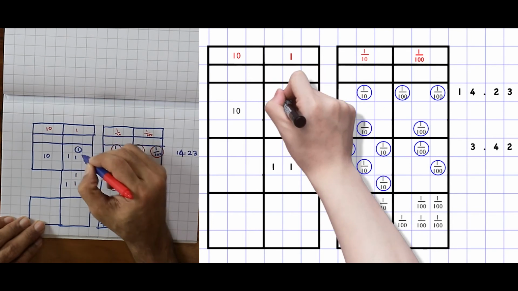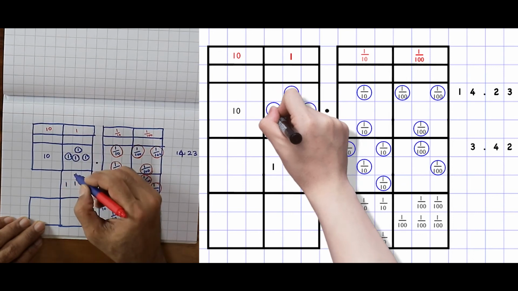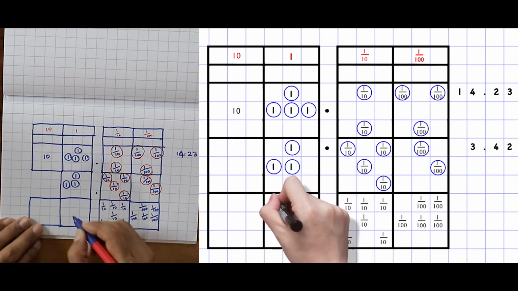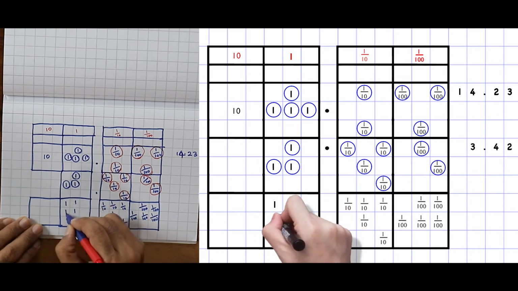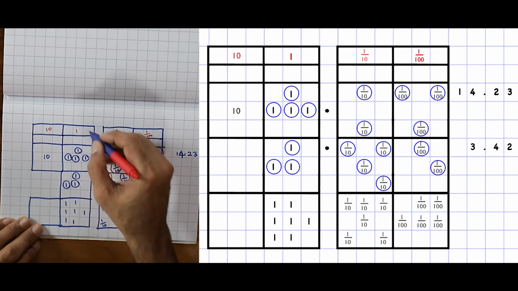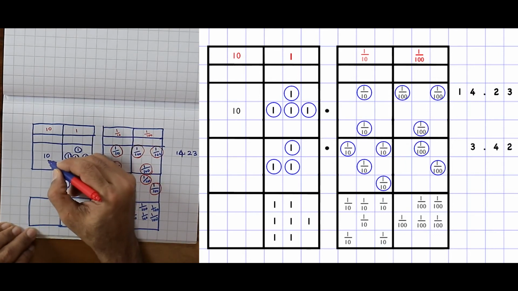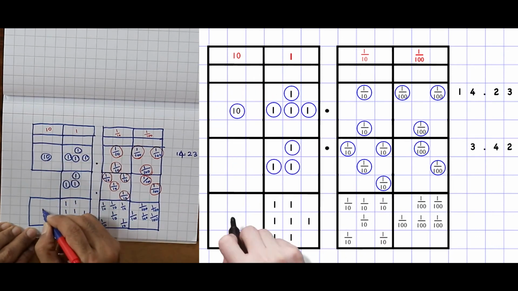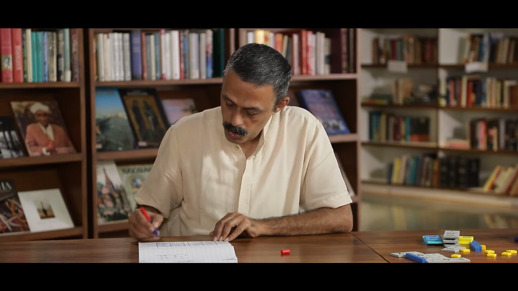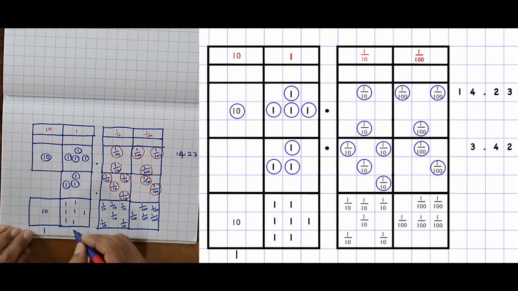Let us see how many units are there. 1, 2, 3, 4, 5, 6, and 7. Even here, we do not need carryover. And in tens, we have 1/10. How many boxes are filled? Let us see. Totally, how many boxes are filled?